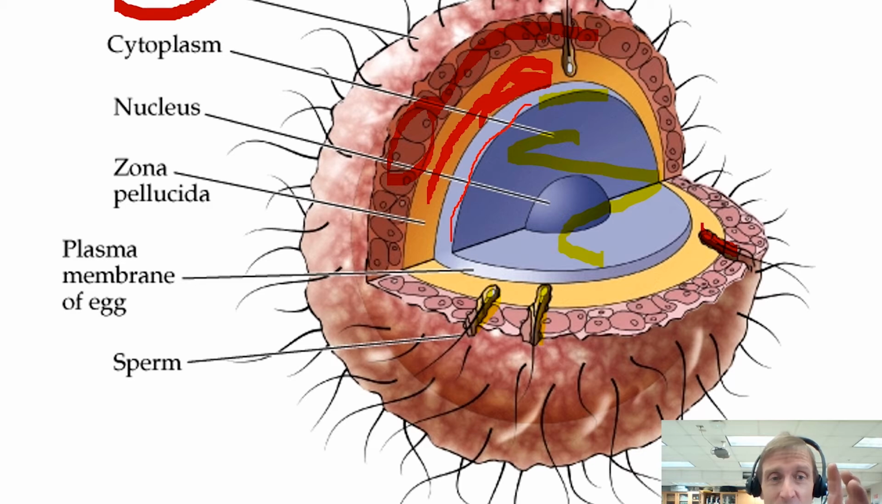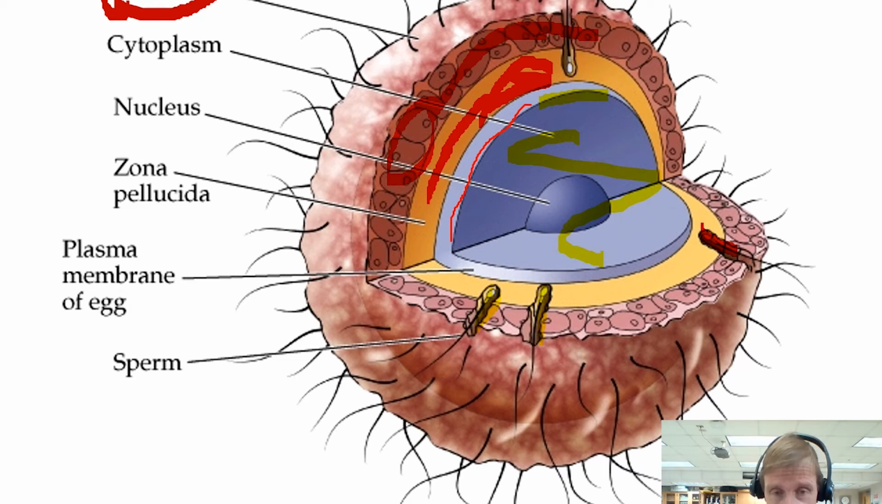They're calling it the cumulus. These are actually cells that were in the female's ovary. They adhere to the outer edge. So the cumulus cells in the placental mammal are functionally going to be equivalent, as far as fertilization is concerned, to the jelly coat of a